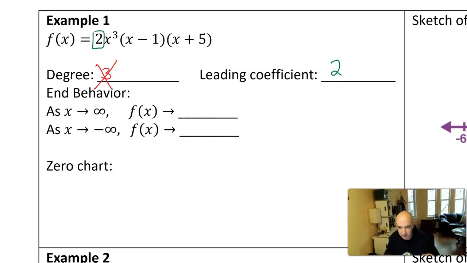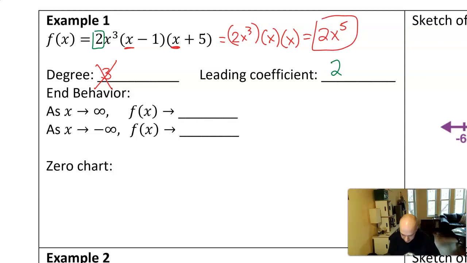Degree is the power of x if you did multiply this out. And you don't have to multiply this out, but imagine that if you did, you would end up doing 2x cubed times, at some point you'd have to multiply it by that x, and at some point then you'd have to multiply that result by that x. So you'd end up at some point with a 2x to the 5th term,